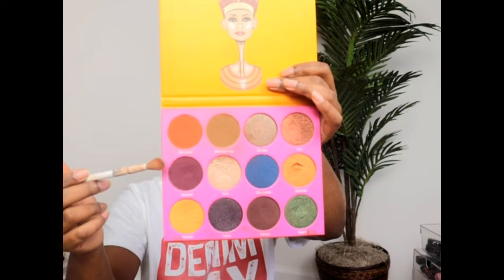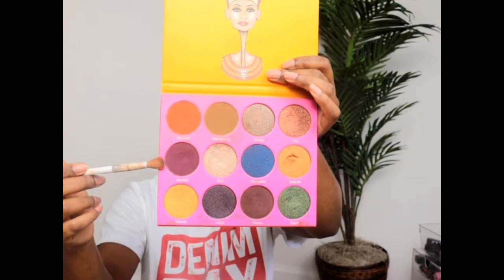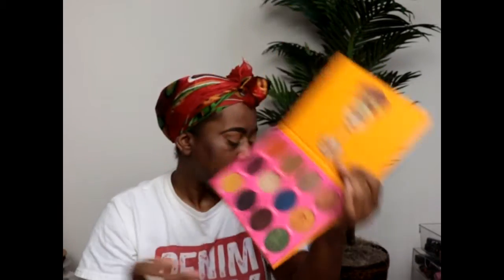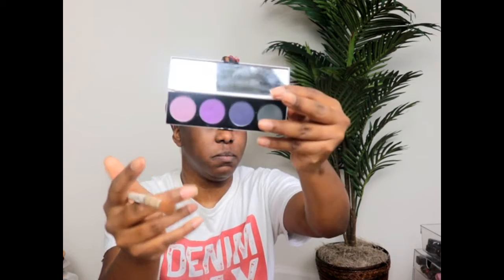Okay, so now that I have applied my base to my eye, I'm actually going to be going in with the colors that I'm going to be using for this eye look. And the first color I'm going to go into from the Nubian 2 palette is this Jezebel color right here. And it's kind of like a maroon looking color, and I wanted to get more of a purple color, so I might mix Jezebel along with just a little bit of this purple right here from the Archie Girl palette. Might go in with that, and that color is called